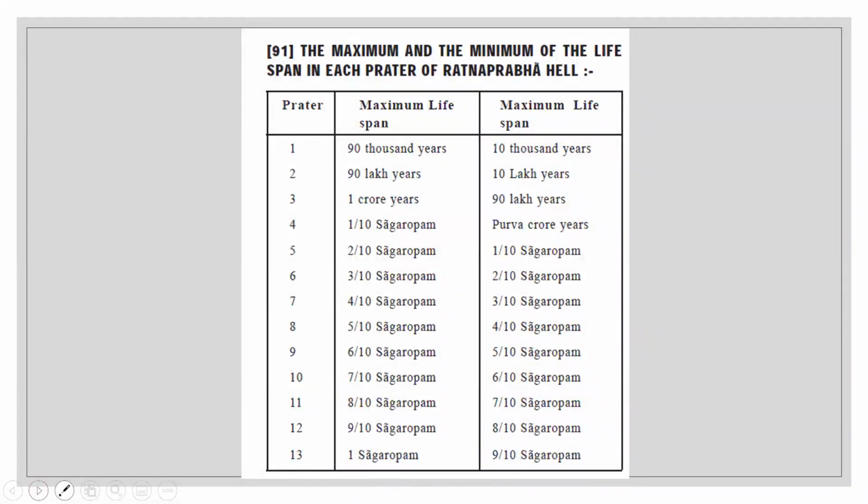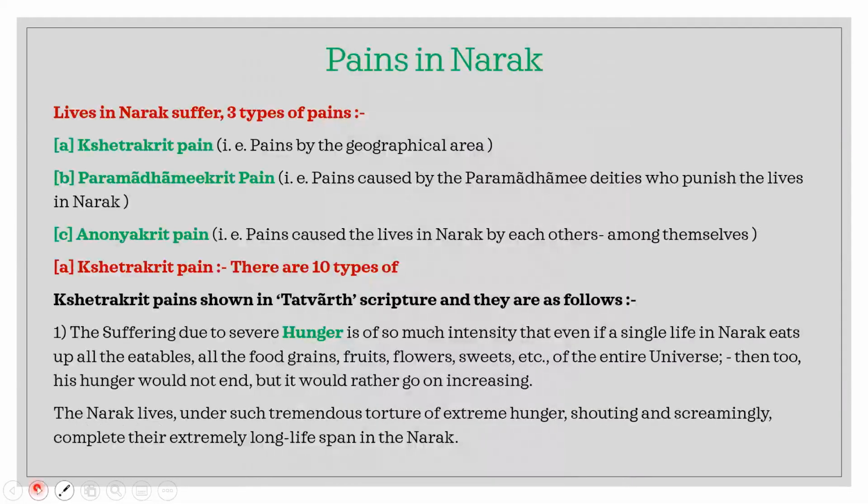And we saw that depending on where you are born in the first Narakavas, there are 13 different pratars you can be born in. If you are born in the first pratar, then you have the least Ayushya, from 10,000 years to 90,000 years. But the Ayushya and the Dukh, everything goes on increasing as you go down from the first to the 13th pratar. So just within the first Narakavas, there are 13 different bhumis where a Jeev can be born. And the Ayushya and the pain go on increasing within each pratar as you go down. So this was something we discussed in our last class.